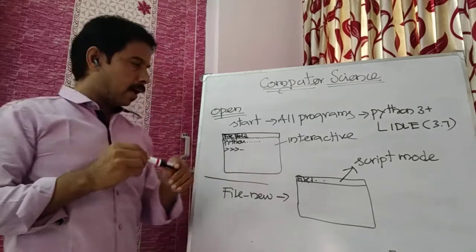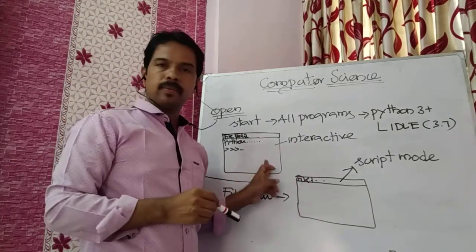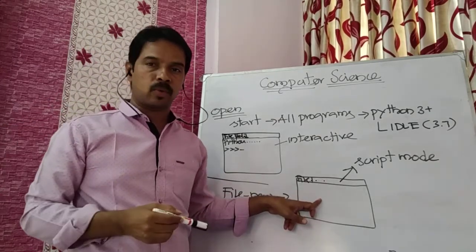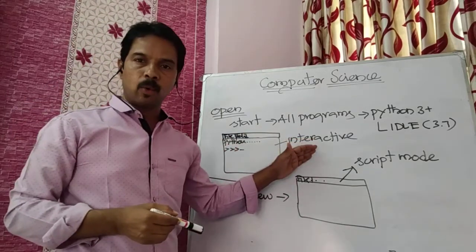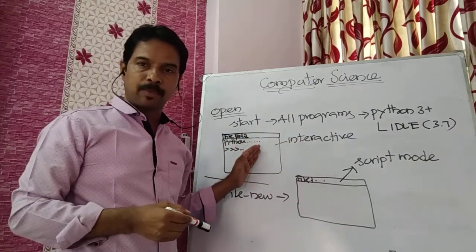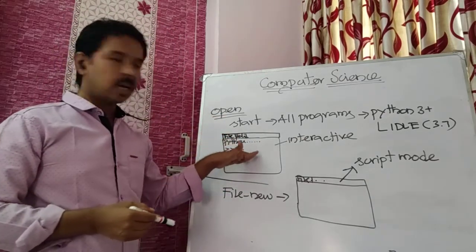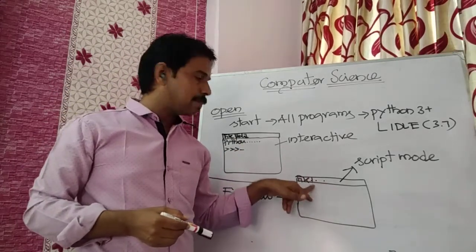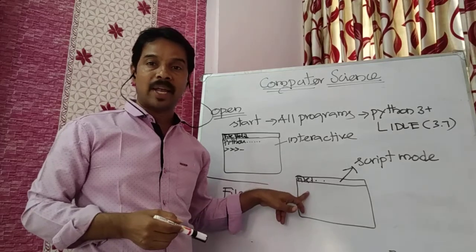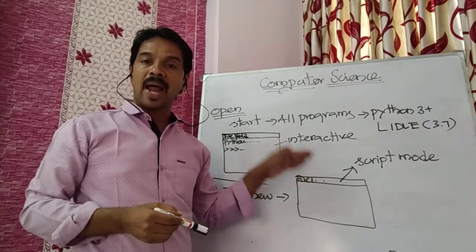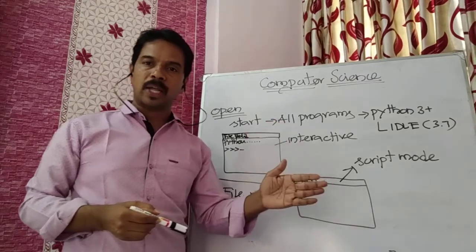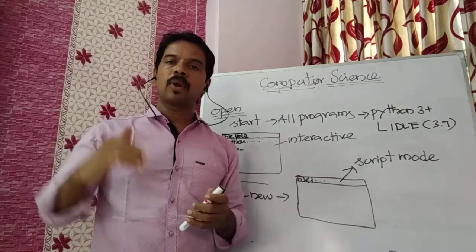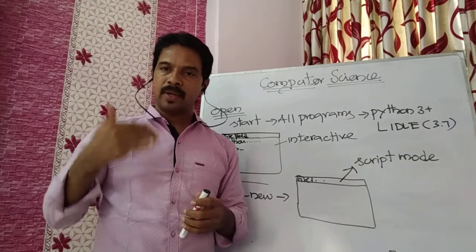We have two methods, two modes, to execute our program. The first one is interactive mode. In this mode you can type and run the program. The only negative is that you cannot store any program permanently. But in script mode, you type whatever content you need, any number of lines, and you can store and keep it permanently. For example, today you type 50 lines of coding. Today you type, compile, run and verify. And tomorrow if you want the same content, once again you open, run and verify.